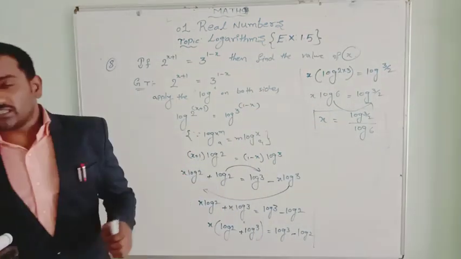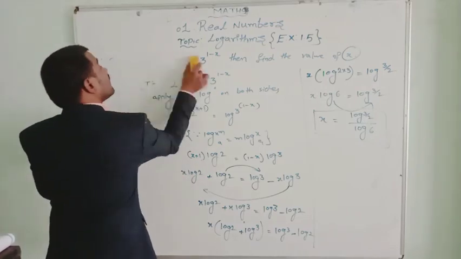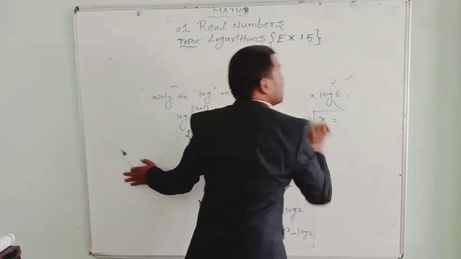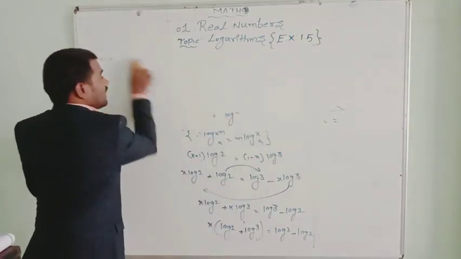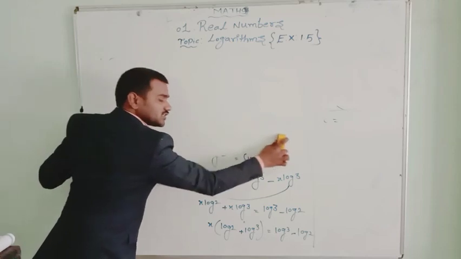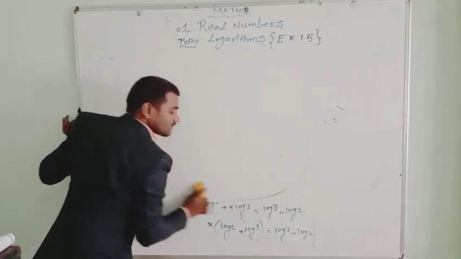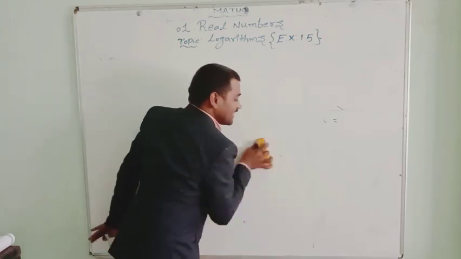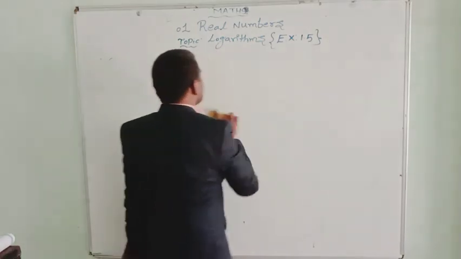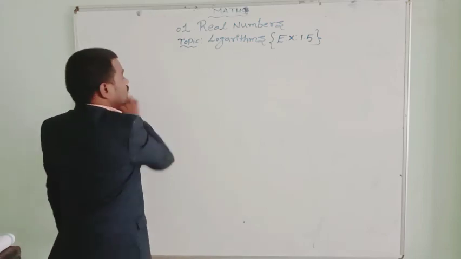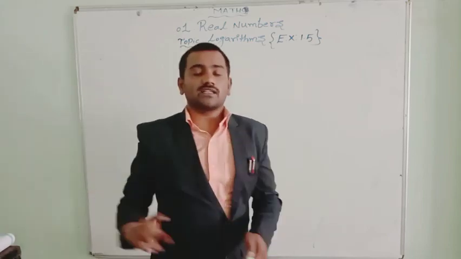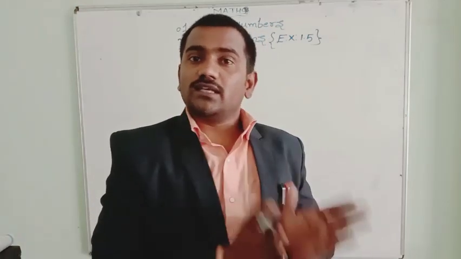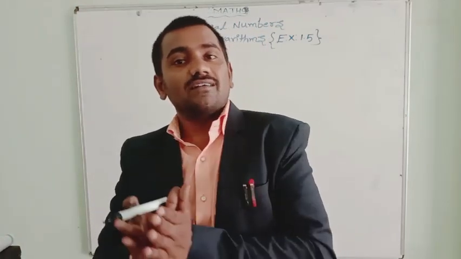Then we have the last question in this. This is a very important question for the bits. In the bits it is very useful to prove whether log values are rational numbers or irrational numbers. How to identify? I already told you in the previous videos, in the introduction about logarithms, that some of the log values are rational numbers and some are irrational numbers.